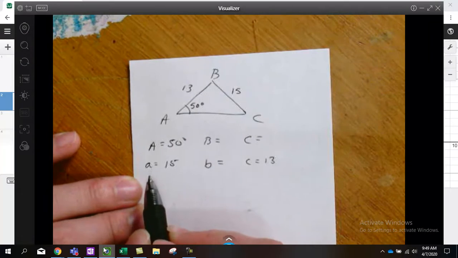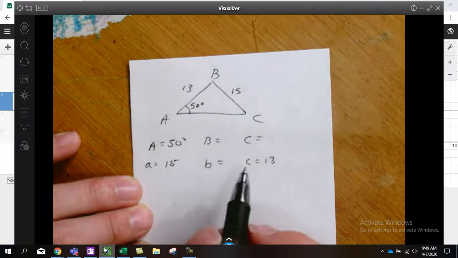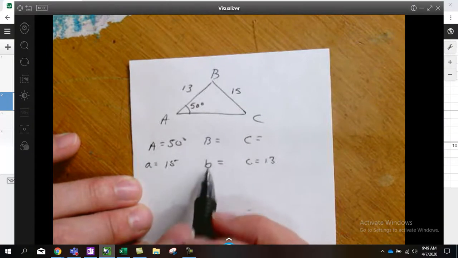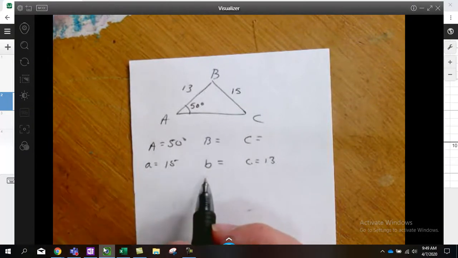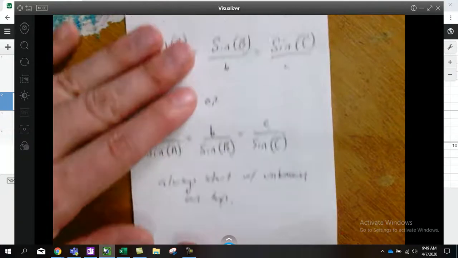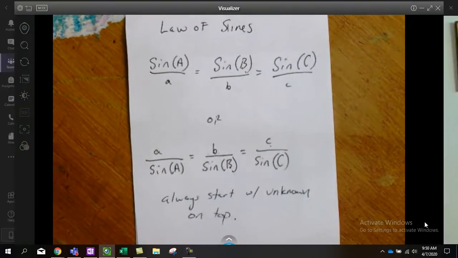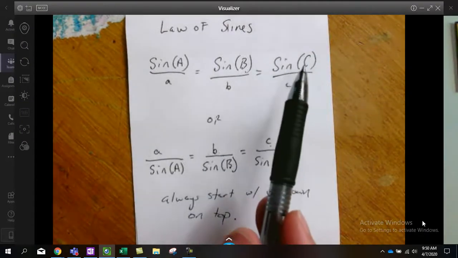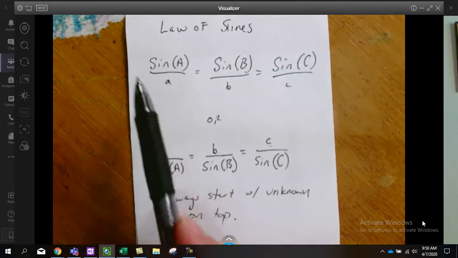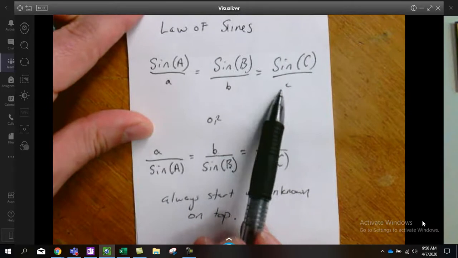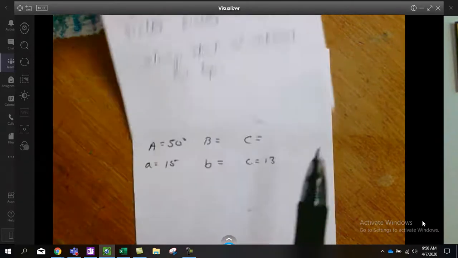So I do have a complete set in A right here, so I can use the law of sines. I only know stuff about C though, so B is useless to me right now. I'm not going to be able to do anything with it for a while. When we look at our law of sines stuff, because we're looking for capital C, which is a big letter, we want to use this top version. And so we'll use the A information, and since we do know little c, we'll use the C information,